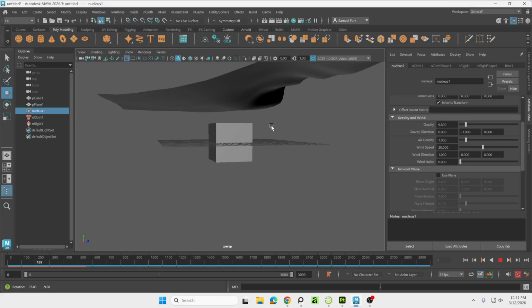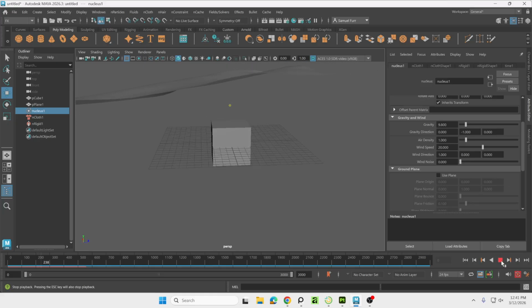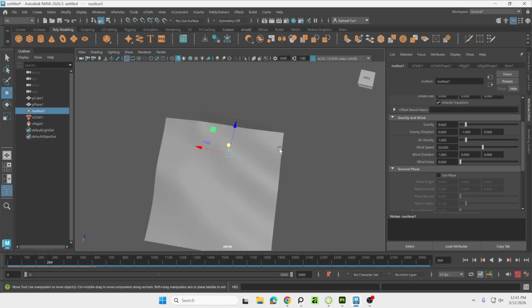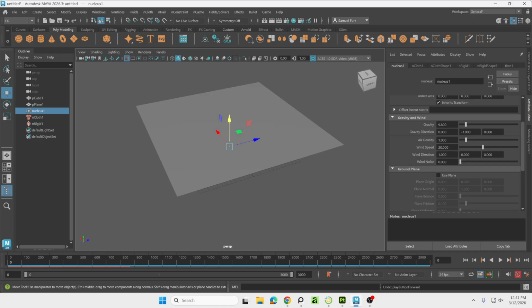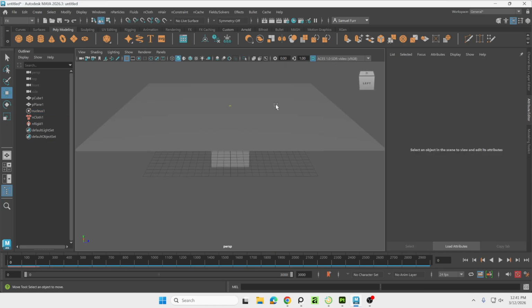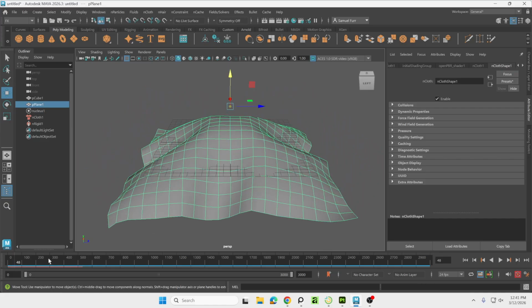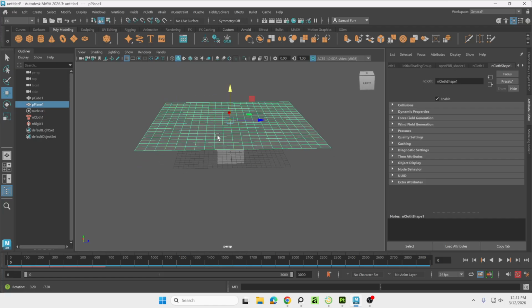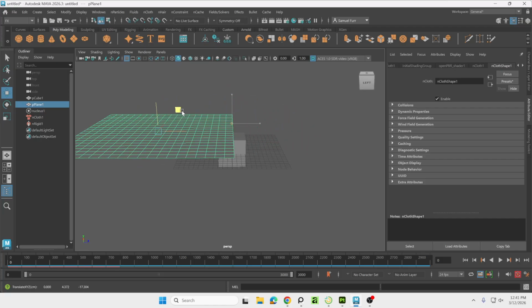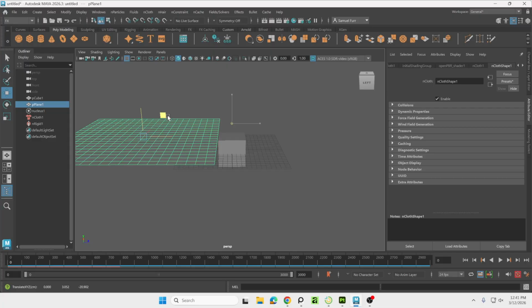So it's slowly going. So it is slowly flying away. Put the wind speed back to 0. Press play. So if you want to actually have this attached to something, this is where